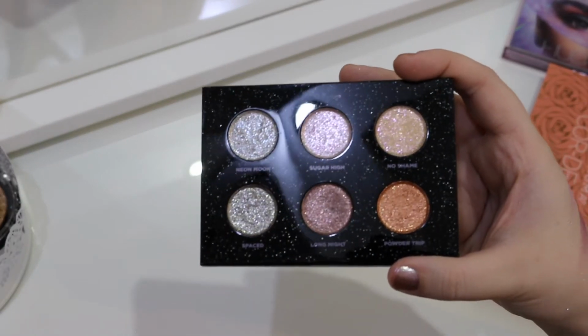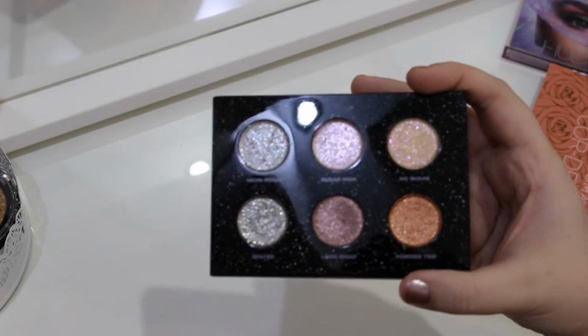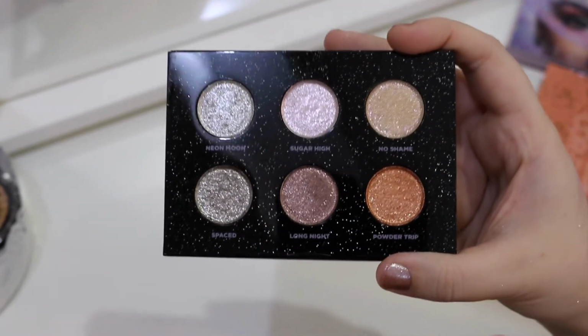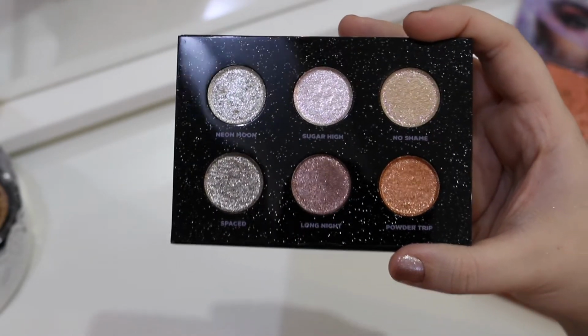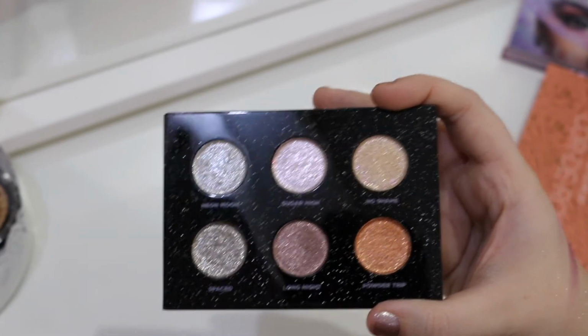If you want to go out, and if you want to transform your eyeshadow from day to night, this is it. This is how you do it. I can't say enough good words about this. This just speaks for itself. This is an amazing eyeshadow palette. Well, as you guys have seen,